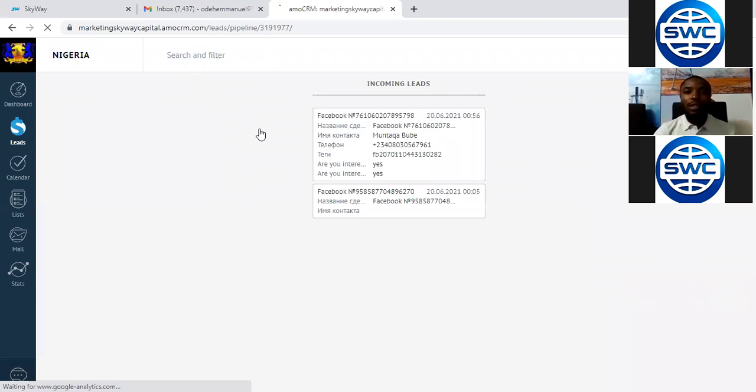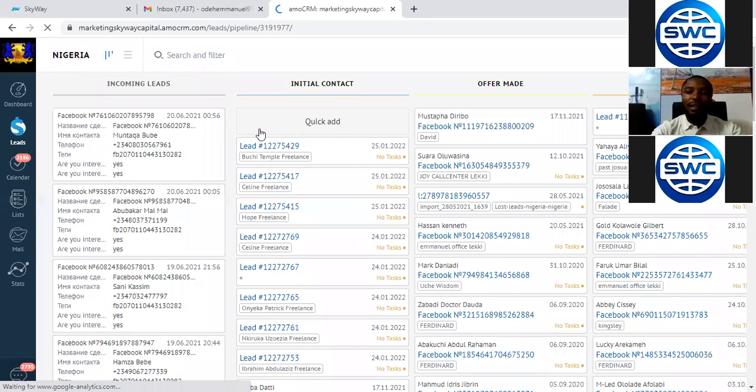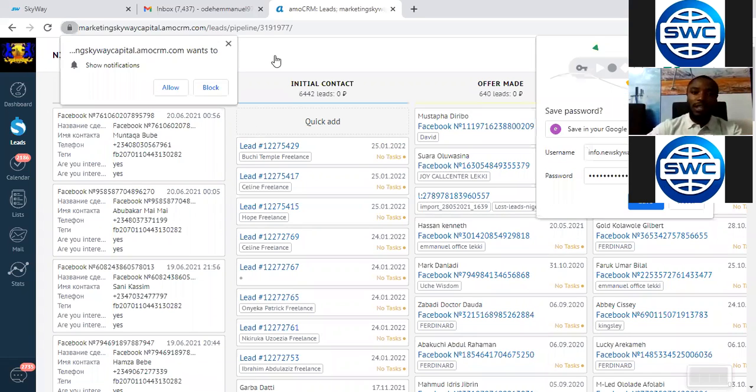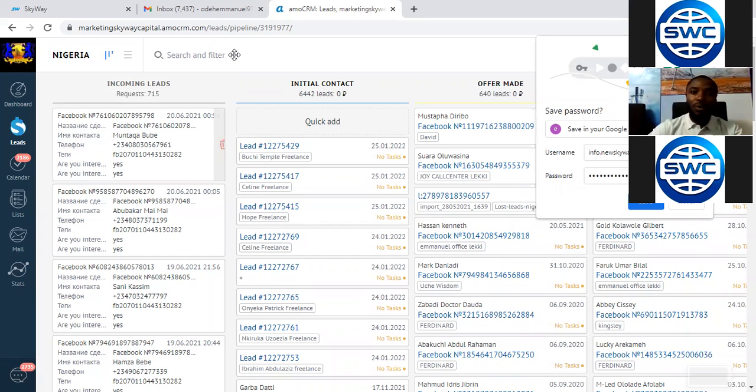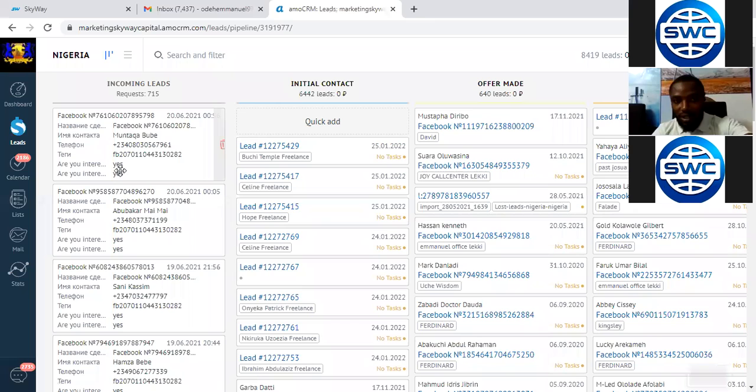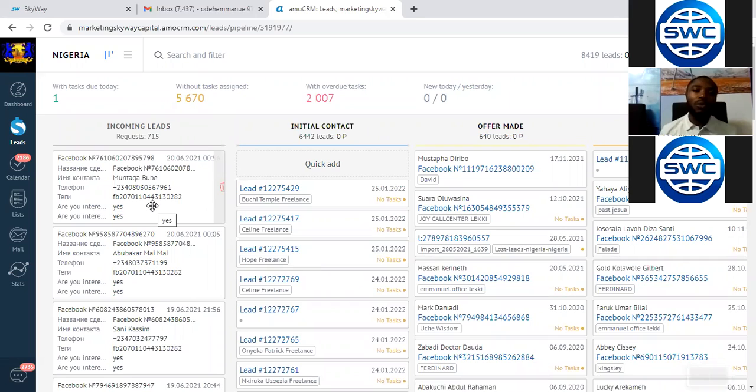So this is how the lead system looks like. And for partners who showed interest at your earlier stage before investing, this is how we received your details from the lead system. Okay. So here you can see the incoming leads for partners who just showed interest and want to be followed up on or want to make inquiries on how the company does its investment or what is the company all about, the transport technology. They have different questions they want to ask. That's why they drop their details for you to follow up on.